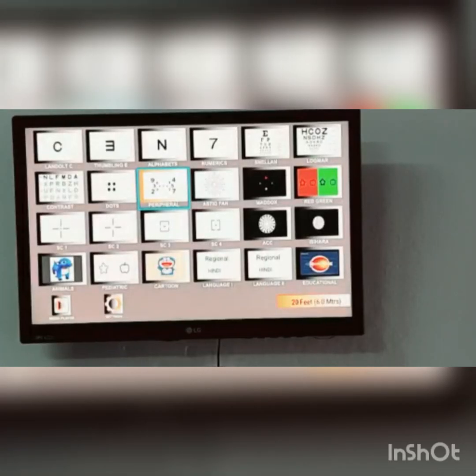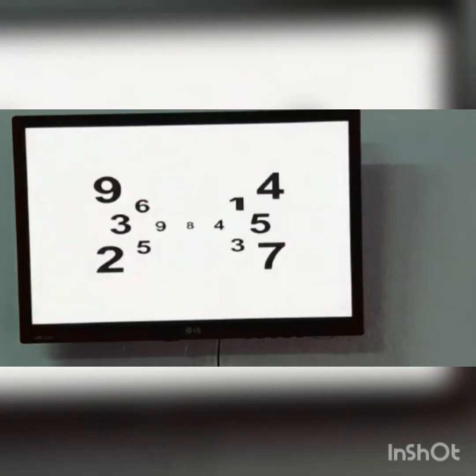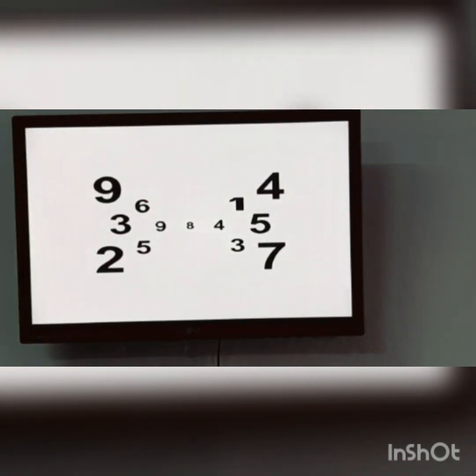The next chart we have is the peripheral vision chart. The peripheral vision chart is used to check the peripheral vision of the patient. In this chart, we give the central target to the patient and ask him or her to read the peripheral letters without changing the fixation. The number of letters and the smaller letters present in the periphery he or she can read shows how good the peripheral vision is. It is performed monocularly, then binocularly. And if the patient wears glasses for distance, the test should be done with fully optically corrected vision.